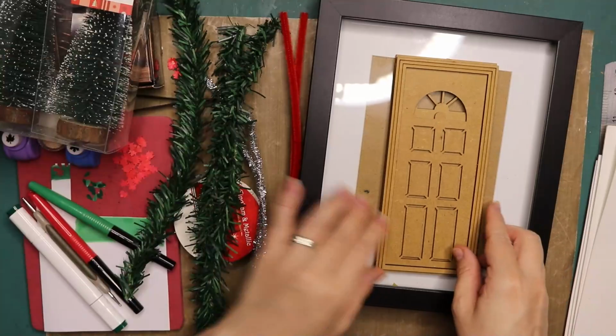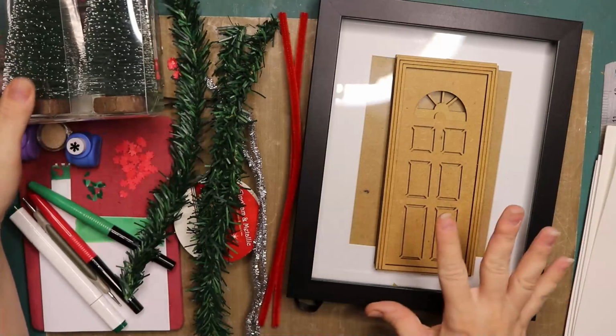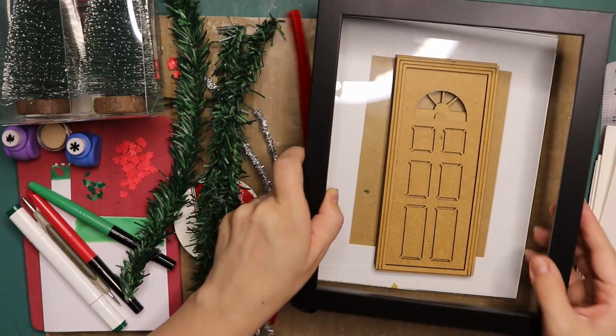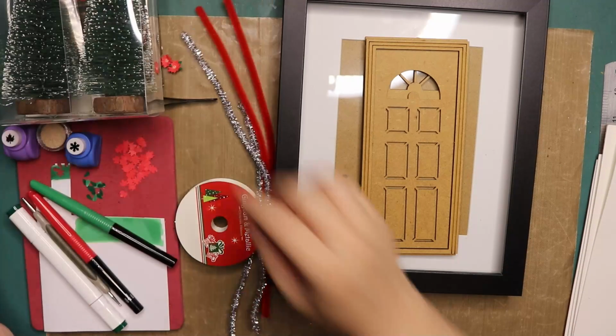So the door will be at the back and the trees will be at the front. And I'm going to obviously make a sort of a room box there. I will use some foam core that I have on the side there. I will also be making